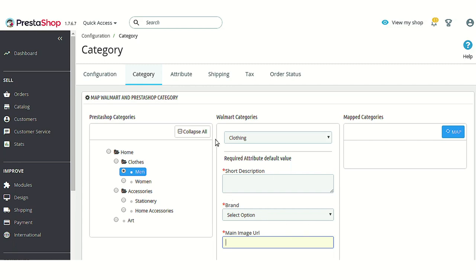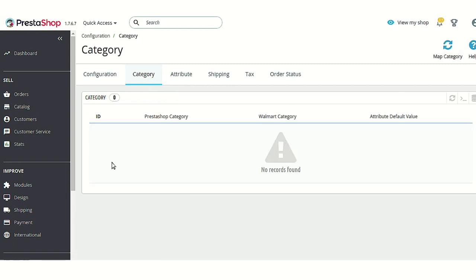After entering all these details and selecting the options, you can simply click on this map button to map the entities successfully. After mapping it, you will find that details of the mapping would be available here in the form of a list, and I'm just not mapping this for now as I already explained the reason. So I'll just tell you what kind of details are available here in the list.